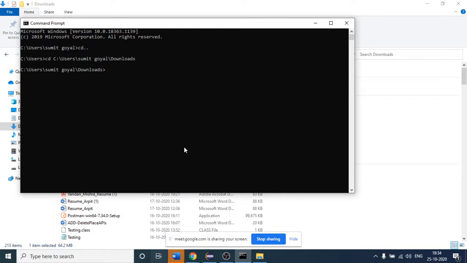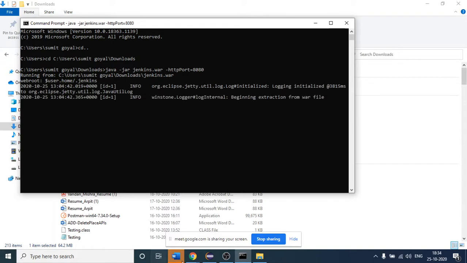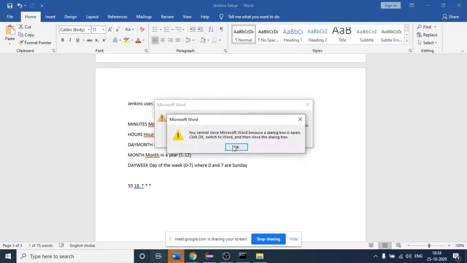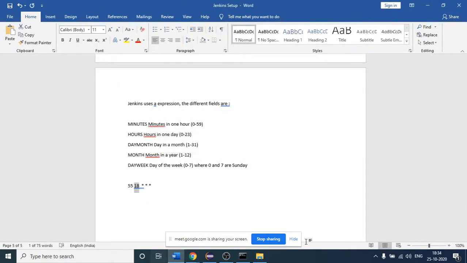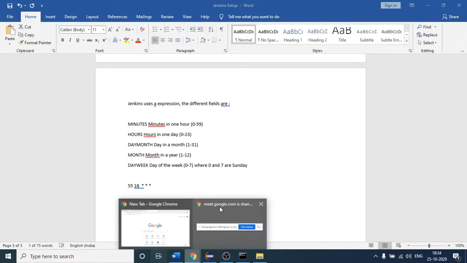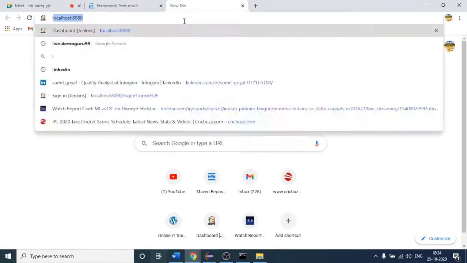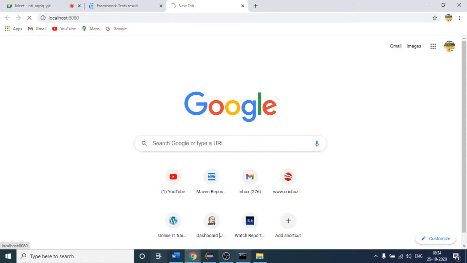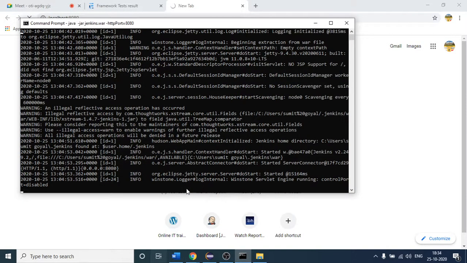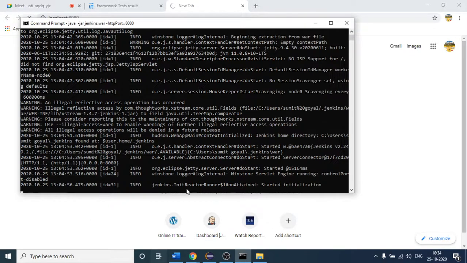Then java -jar jenkins.war --httpPort=8080. It will take some time to run my Jenkins. If I show you at localhost, as of now it will not work because Jenkins is not running. Once it runs, we will be redirected to our home page.